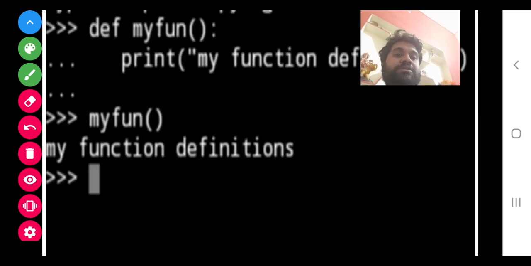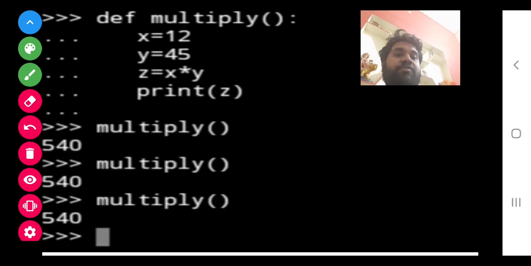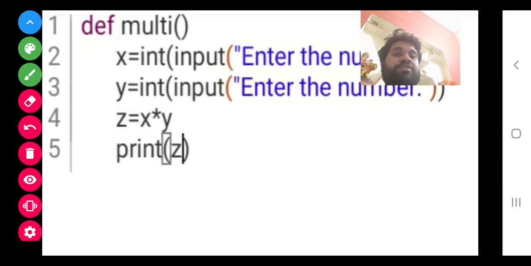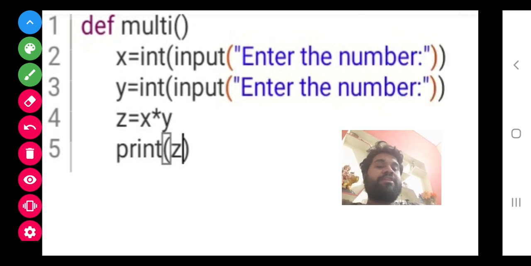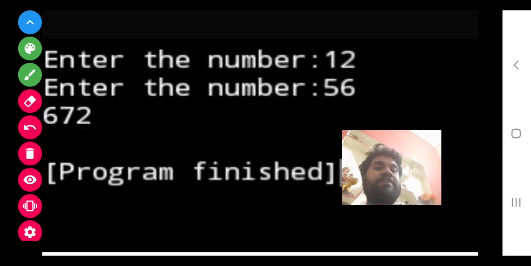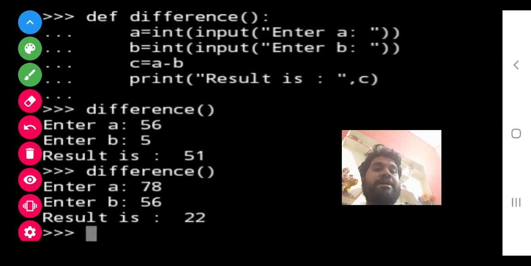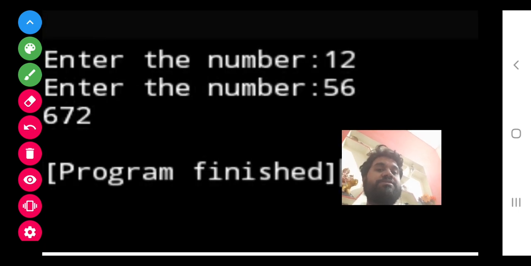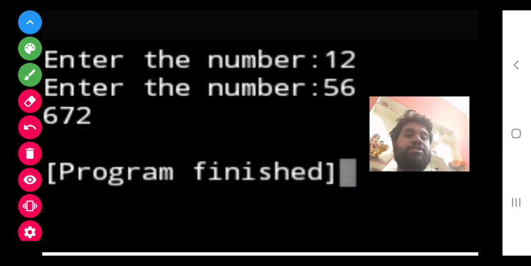So class, that's all, and all this I have already told you. One more thing, this is the scripting window where I have made the program, and I have run it here. Input, enter the number, the first number I have entered is 12. Enter the second number, and I have made the program for the product x multiply y, so that's why the answer is the product of these two. That's all class, you go with these and let me know where the problem is.